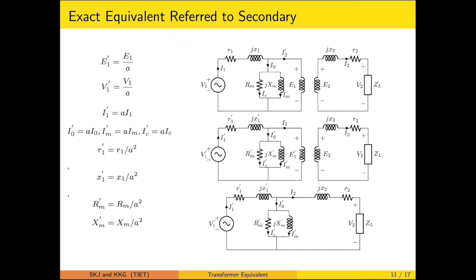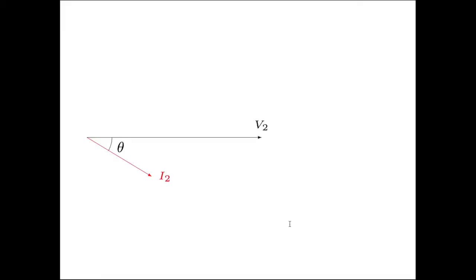So these are the three steps which were demonstrated previously. They are well explained. Now here E1 dash has come to the level of the secondary while dividing E1 by the turns ratio. Similarly, I2 dash has now come to the level of I2 as we have multiplied by the turns ratio. So on this line we modify the primary side parameters, while the secondary remains unchanged. The ideal transformer is eliminated, and the resulting equivalent comes out like this. The development is to be carried out.